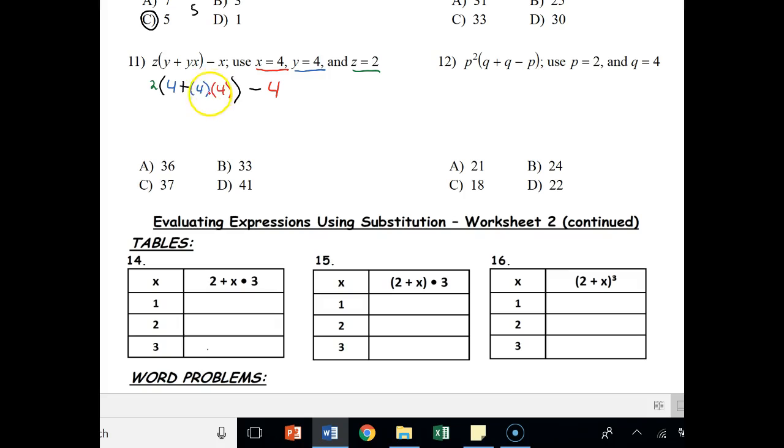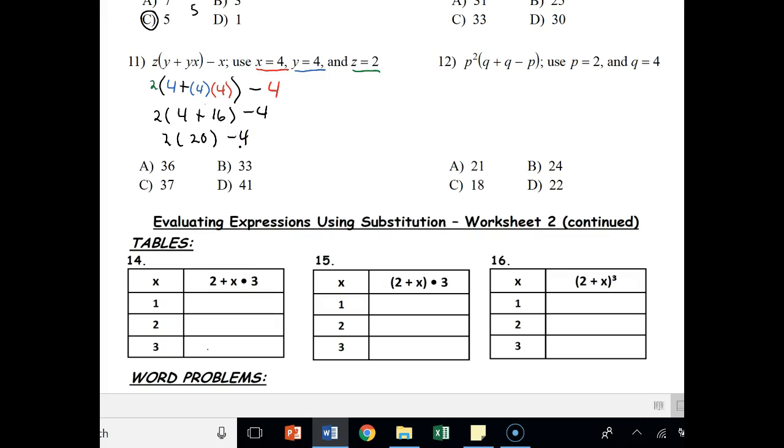You could easily put 4.4 if you want, but when you have variables right next to each other, it does mean multiplication. So inside the parentheses, I have 4 plus 4 times 4. I have to do the 4 times 4 first. So that gives me 2 parentheses 4 plus 4 times 4 is 16. Close it, minus 4. Still got parentheses I got to work with, so 2 times 4 plus 16 is 20